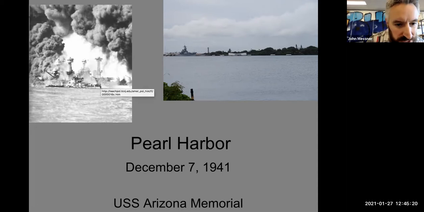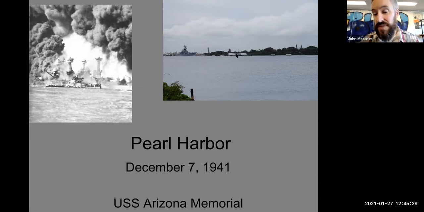You can kind of see it in this picture right here. It's sinking down. It literally gets destroyed and sinks, and it is still there to this day. That's what this white upside-down canoe is on top of, the sunken ship USS Arizona, which sank in Pearl Harbor. So it's a kind of living memorial. No one ever exhumed it or pulled it up. They took off the guns that were above the water level, but anything underwater they did not.